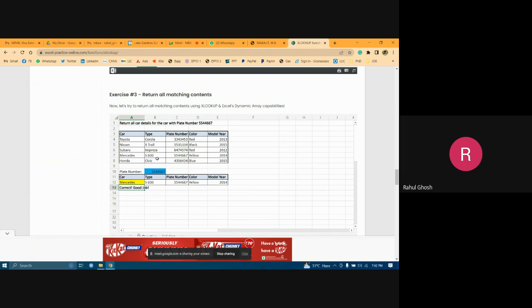5544667. Mercedes S600, yellow color, 2014. Quite a nice car, Mercedes S600. Okay. Are we allowed to change the data? Yeah, fine. We are allowed to change the data. Now let's write